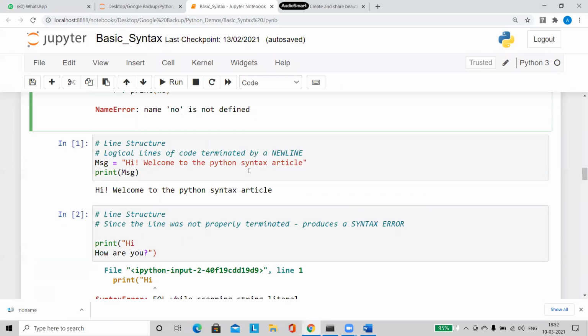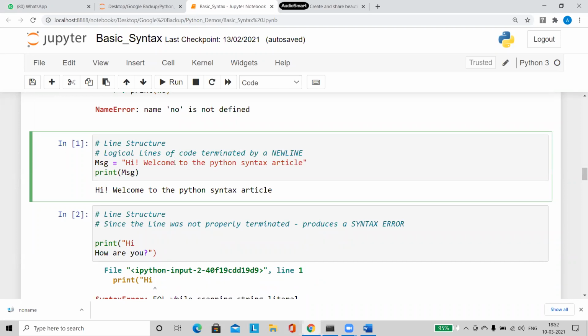Right. So the next thing I wanted to tell you is, we have something which is called a line structure. In Python, we have a system for how to write our program. I told you, we have to follow some basic syntaxes.